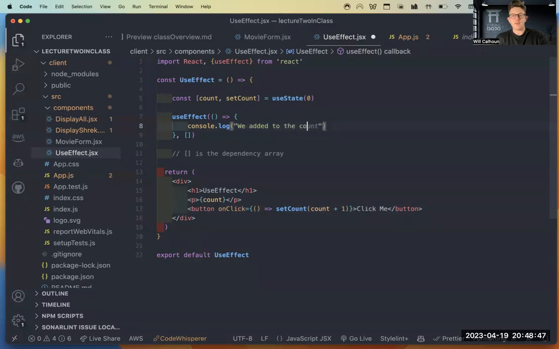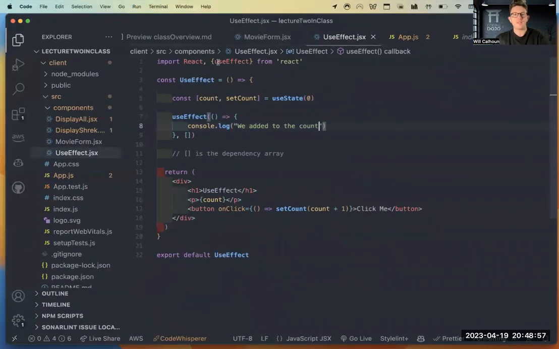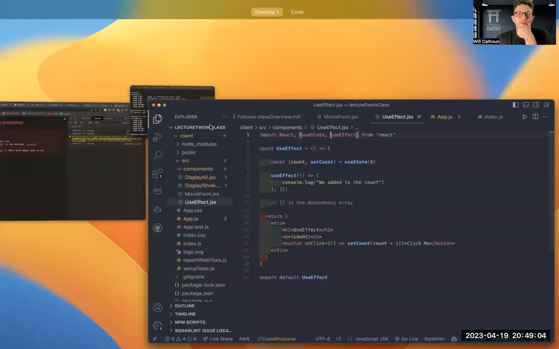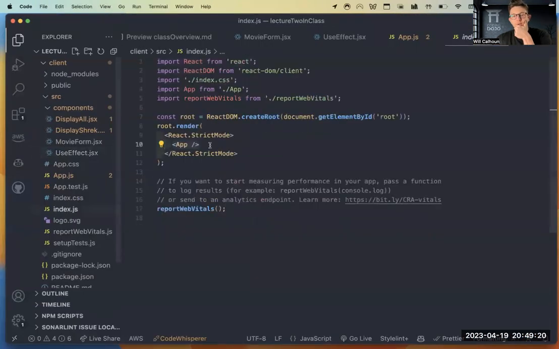So what's happening is, whenever I click this button, we should just click up to our count, right? So if I come here, useState's not defined, of course not. So I just come in here, useState, comma, useEffect, here we go. So now I've got this button that says useEffect, I click it, and it goes up to 1, 2, 3, 4, 5, 6, 7. Cool, that's great, right? Notice we still only have our 2. Again, that's because we're in strict mode. So if you go here and you see strict mode, that's why it's 2.